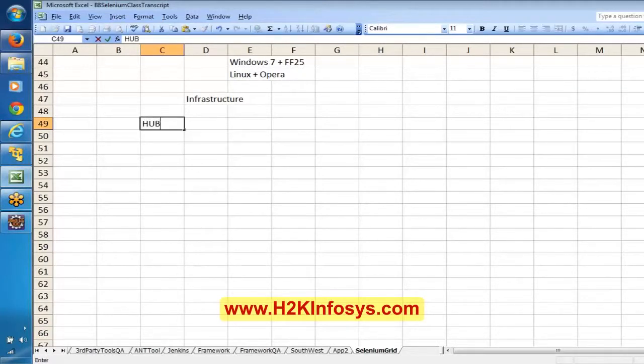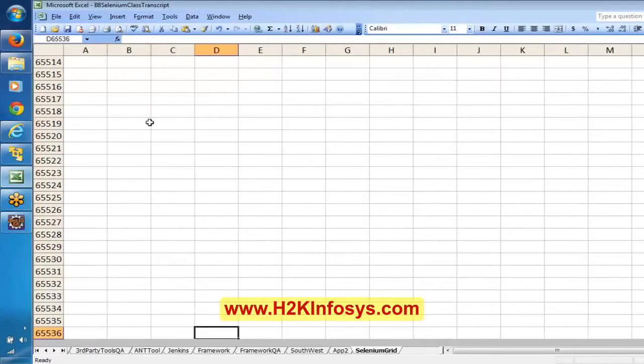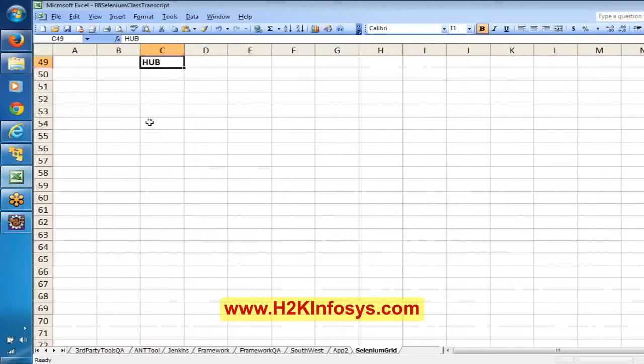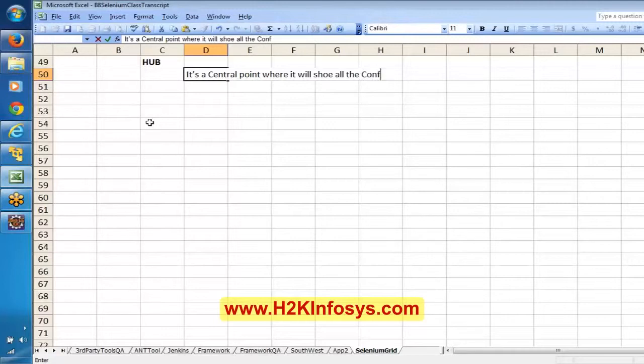Hub means it's a central point where it will show all the configurations available for Selenium scripts.